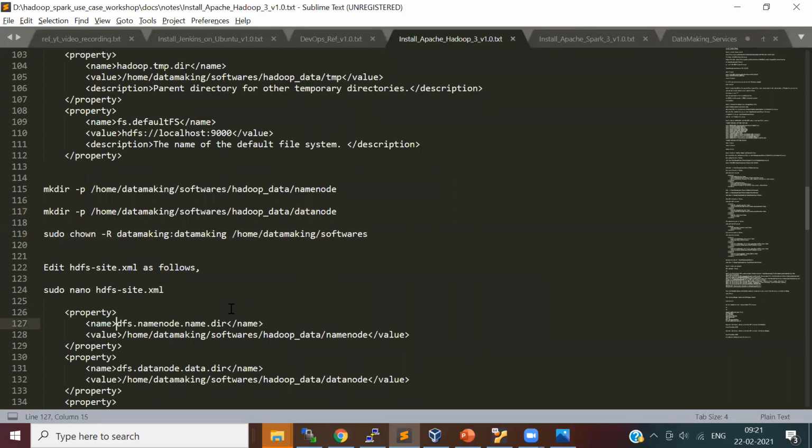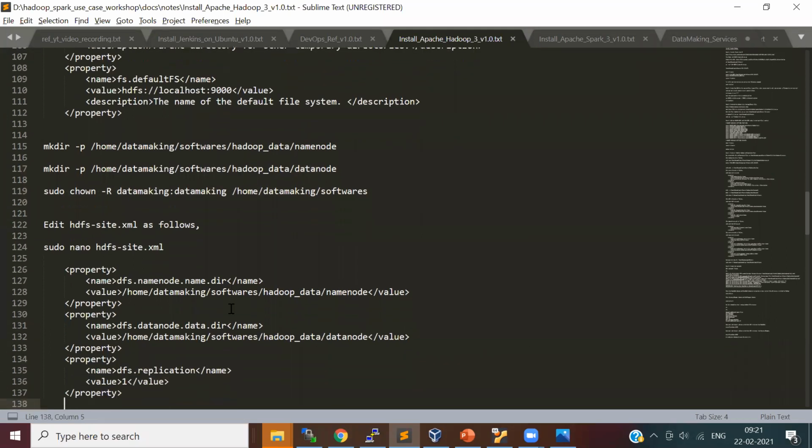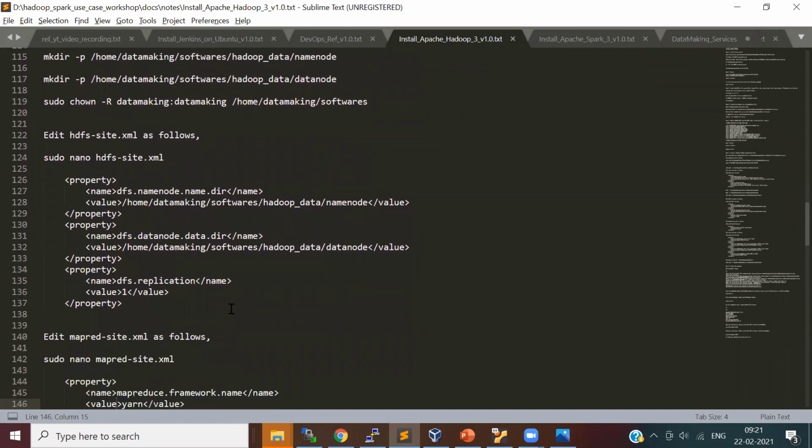Once we complete core-site.xml, the next step is to configure hdfs-site.xml. Here we need to set two properties, which is dfs.namenode.name.dir.